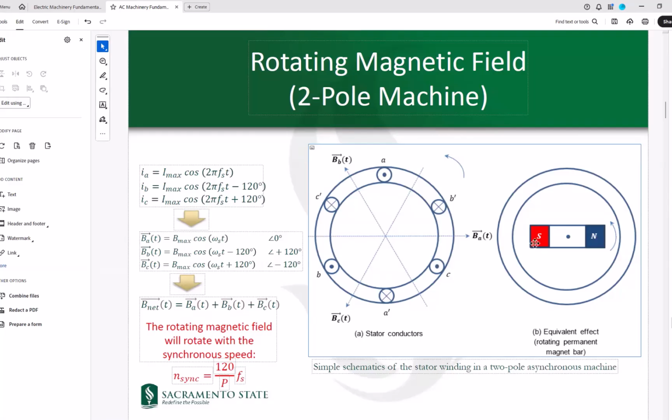Now, it is true that the maximum of the field would be happening at these poles, right? Outside of the North Pole and outside of the South Pole. So this is maximum, and at this point would be minimum. But when you take a snapshot of this,